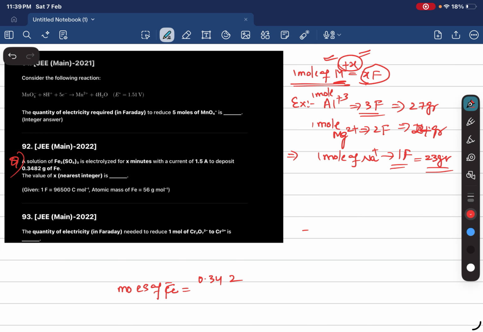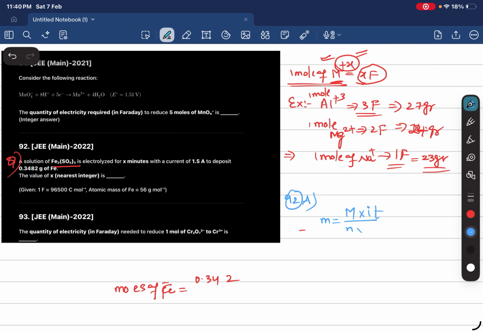Coming to the next question. A solution of Fe2(SO4)3 is electrolyzed for x minutes with a current given, and the mass of iron is also given. So here it is directly formula based. Mass of metal deposited equals molecular mass by n factor or oxidation state of the metal, into I t by Faraday. So here the metal mass is given, 0.3482 grams, which equals